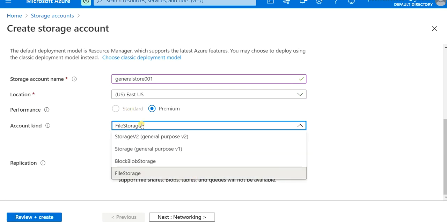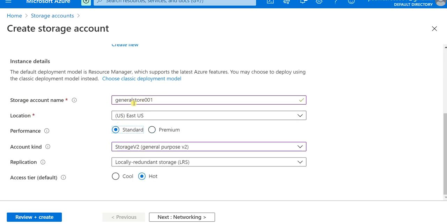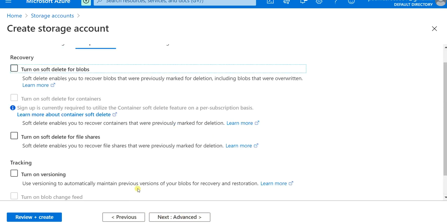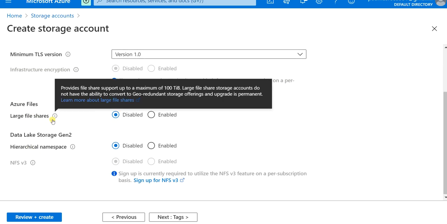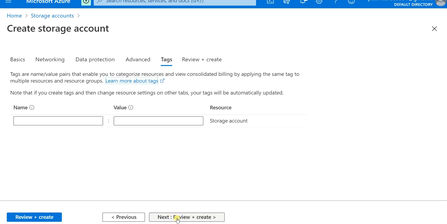I'm going to create two types of storage using storage accounts. One, I'll create standard, so this is a general purpose standard, and I'll also create the premium one. So click next. This soft delete option I'll explain to you in part 3. Click next. And remember this large file shares setting. I'll tell you this concept while creating the Azure file share. Here I am keeping it disabled for a purpose, and create.